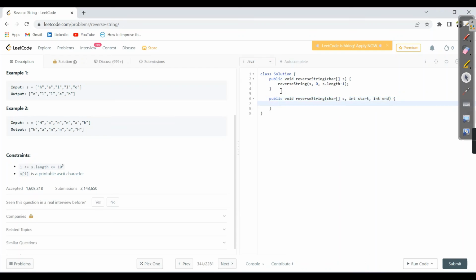And if you know the basics of recursion, a recursive program needs a termination, right? It needs a base condition so that it can terminate, right? For that, here we need to write if start greater than or equal to end, then we need to simply do a return. Otherwise,